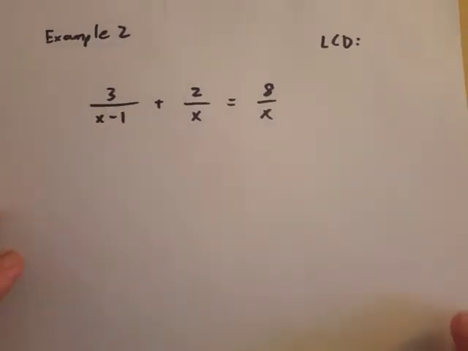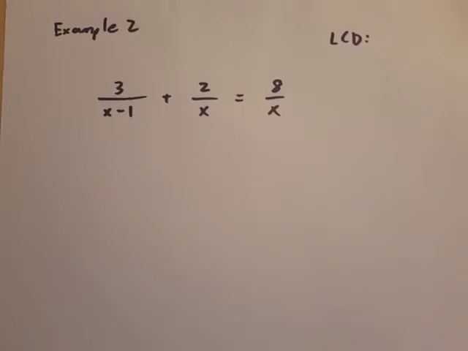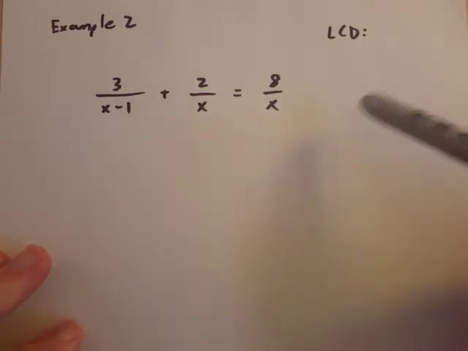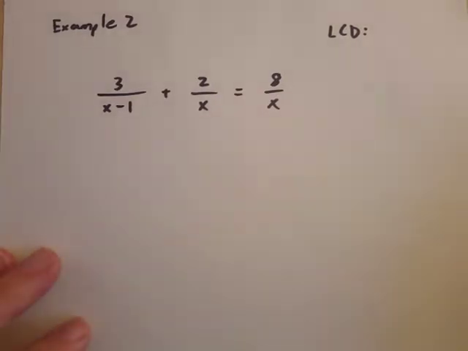We are now on example 2 in 2.7 day 1, and we're going to go through again the process of solving equations that involve rational expressions. We can skip the first step again because we don't have anything that needs to be factored, but then we do go to the second step always, and that is finding the LCD and multiplying the entire equation by that